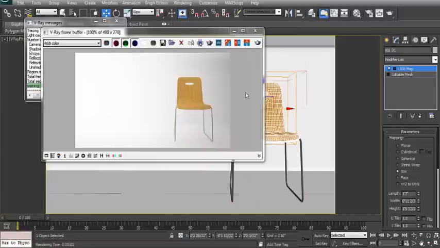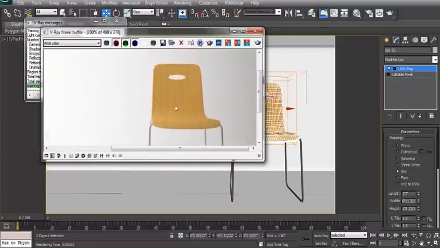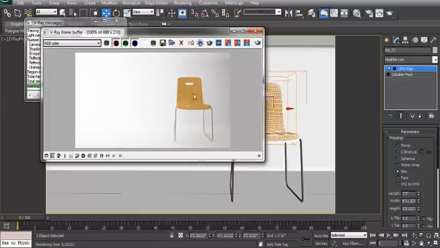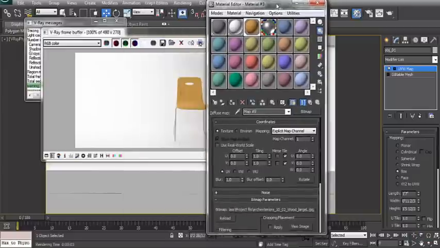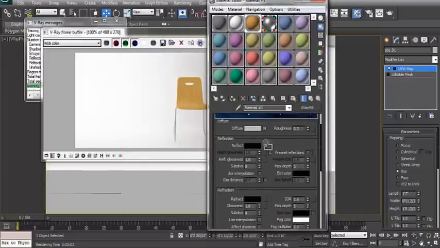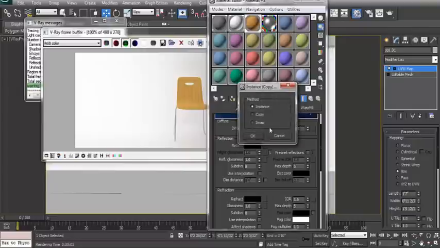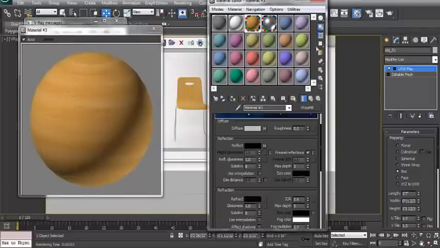You can see we're getting the stainless steel here and the wood here, but for a better wood and some reflections in the wood, we're going to make some changes in our wood material. Here we go, to parent, and then take a copy to reflect. It will be a copy and it will be fractional reflection, so that we can get the diffuse map. So this is the diffuse map, and we're going to make it bigger